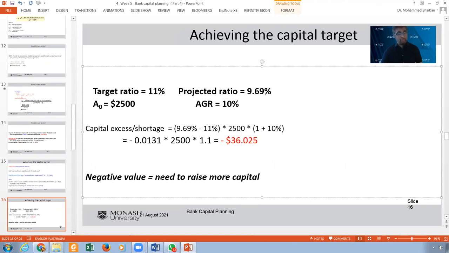Now it's time to raise it. So we have a negative value and we need to raise more capital from outside, external capital, because according to the model, we already executed the internally generated capital. It's in the formula already. So in this case,